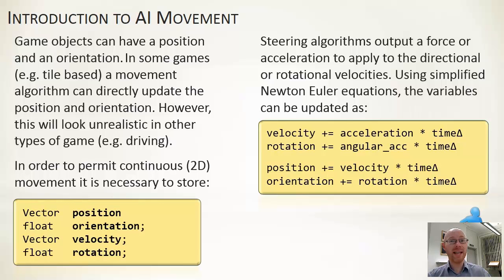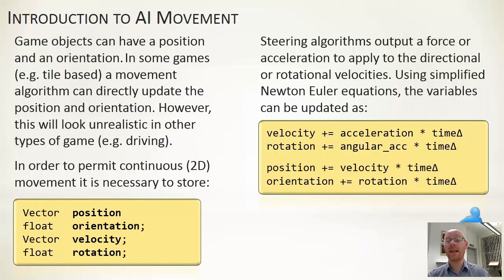We will scale it with the time delta, which is how much time has actually elapsed. So our accelerations will be, for example, per second. So we want to take into account what sliver of a second this particular frame is. Having updated the velocity using the acceleration, we then use the velocity to update the position, which gives us our final